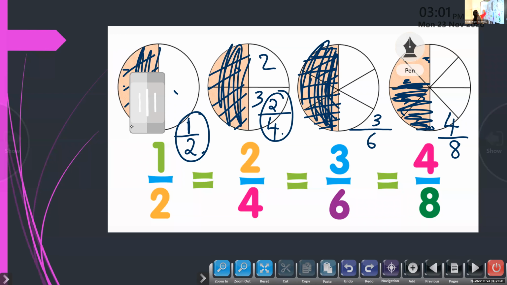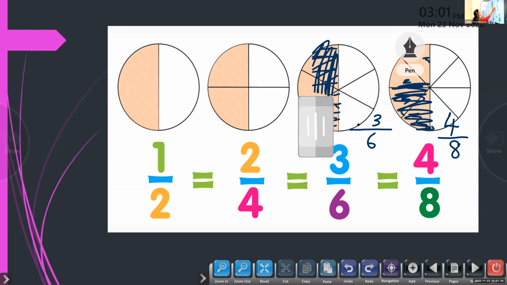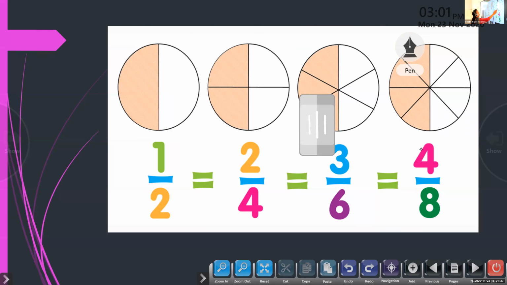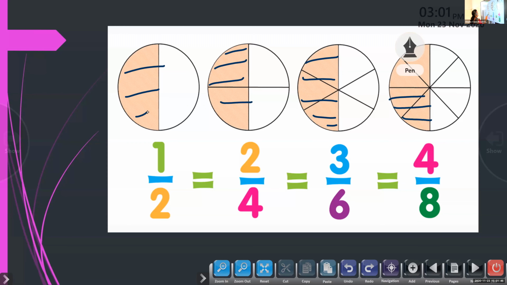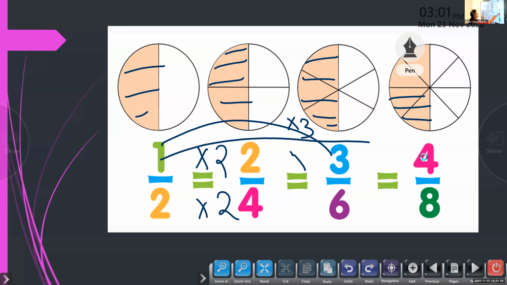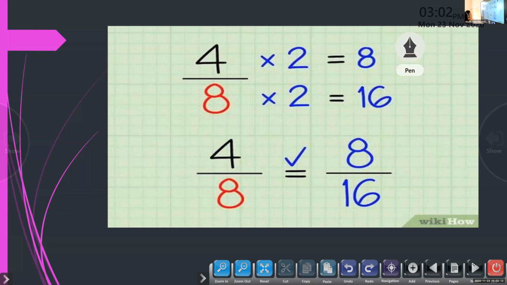So look here again at this picture. All these are equivalent fractions. They represent the same amount. Here we can see from the picture, when you take it as a whole, we are getting the same part. The first one we get by multiplying by 2. The second fraction you get by multiplying the first one by 3. Again, when you multiply the first fraction by 4, you get the last one. So you have to remember that if you multiply the numerator by 2, you have to multiply the denominator also by 2.